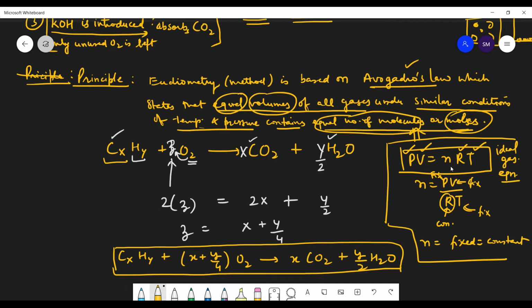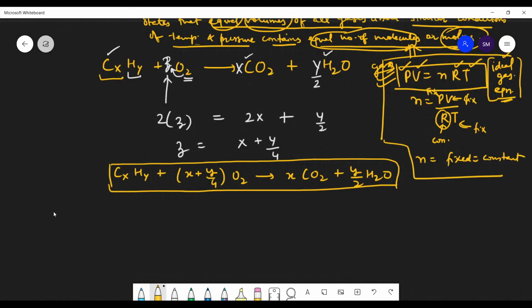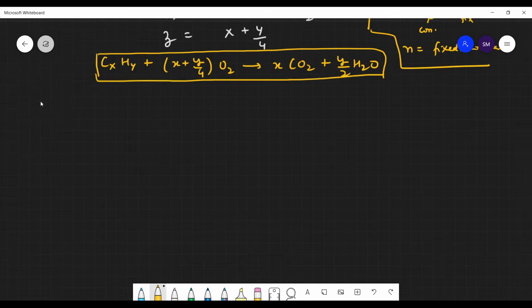Okay, students. Good. Are there any other factors on which the moles depend? No, only on these factors, as far as gases are concerned. That is why this ideal gas equation. None of the gases is actually ideal, but still whenever we are doing this, we consider it as ideal. Now, shall we do some practice questions or directly do the IIT question?